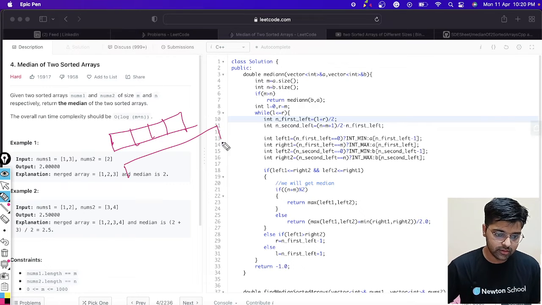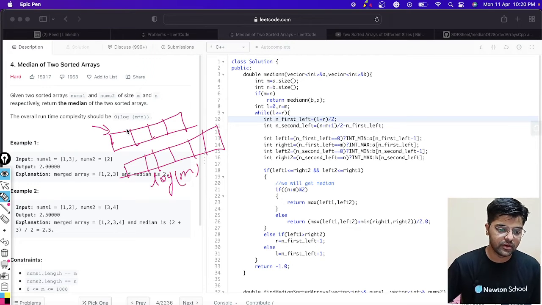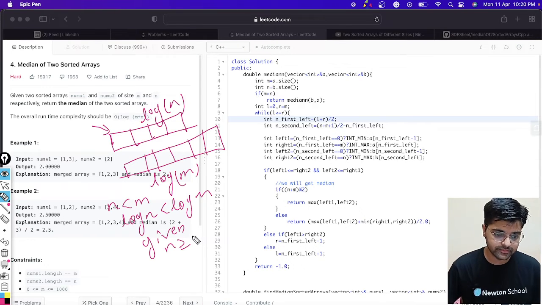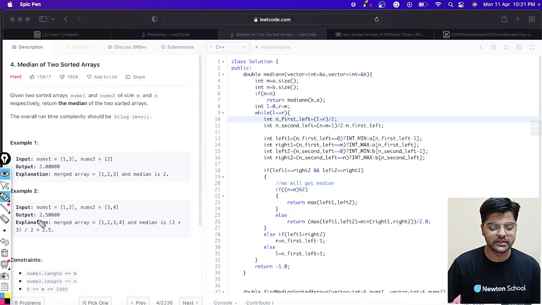Actually we can do it in any way, but for the reduction of time complexity, if we binary search on the smaller array, then our time complexity will be better. Let's say if it's the large array, we have to binary search on the bigger array of size m, but if we binary search on this one, then it is log n. So if n is smaller than m, log n will be smaller than log m, given that these are both positive numbers.